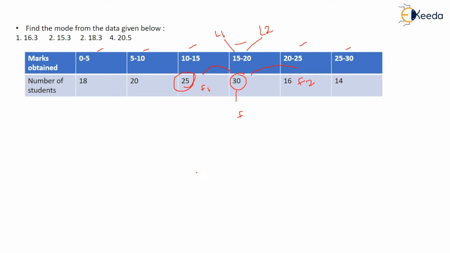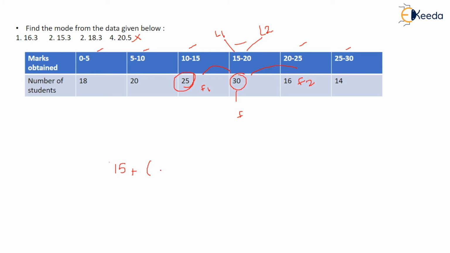That formula is, you have to find mode, right? This I told you, lower limit, this is upper limit. So you know that the mode will come in between this, right? Mode is what? The number that is most occurring. So you know that between this, that number is coming. So you have to see, right? From the options you can easily eliminate two options, because between 15 and 20 they ask, so it is 20.5. So now the lower limit, you know, mode L1, it is more than 15 for sure, right?